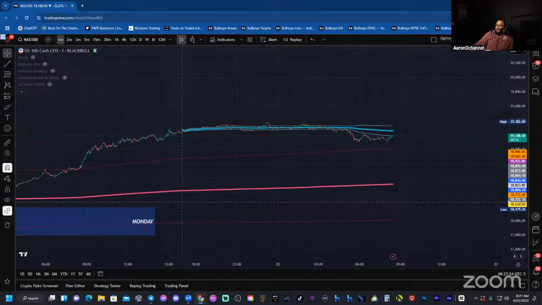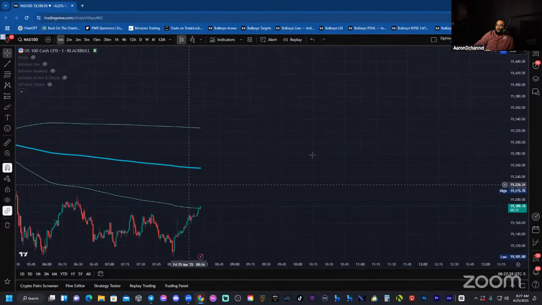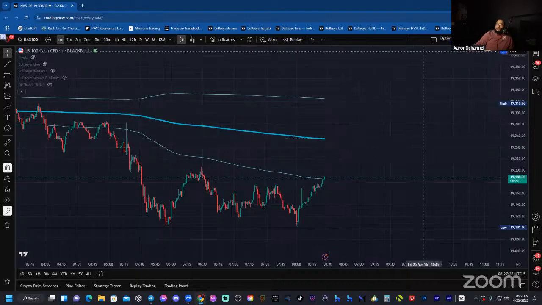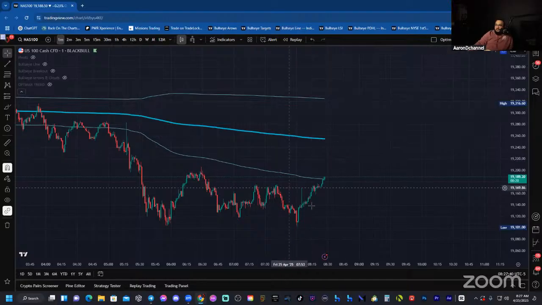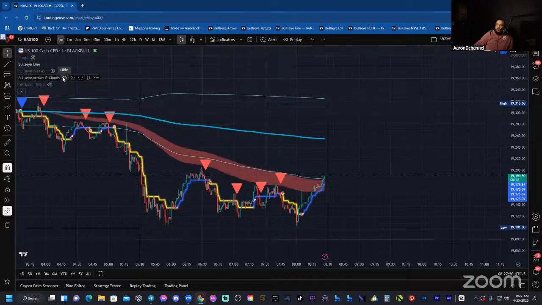We are below the session VWAP. We'll wait for 8:30 to plug in that New York VWAP. We could make a retracement up here to this blue line. What is that, 19,250? So just get an idea. We are bullish. We kind of missed our entry here at the origination of this reason to buy. Could we see a break up, down, continue up? Maybe.